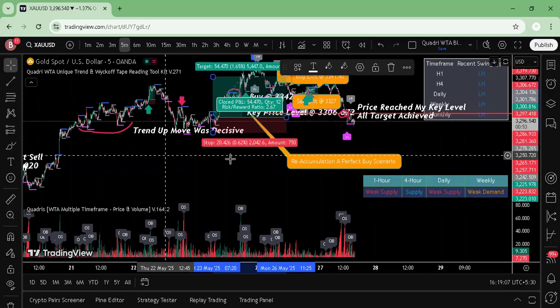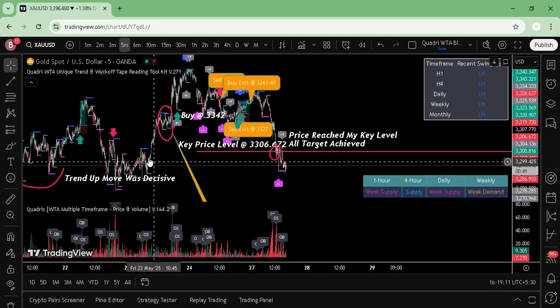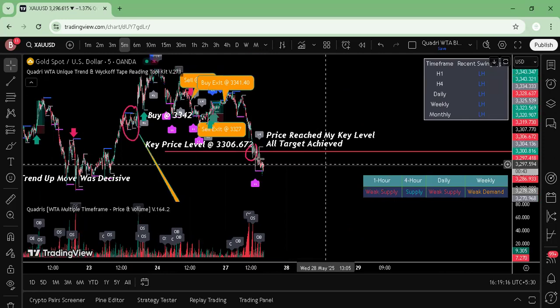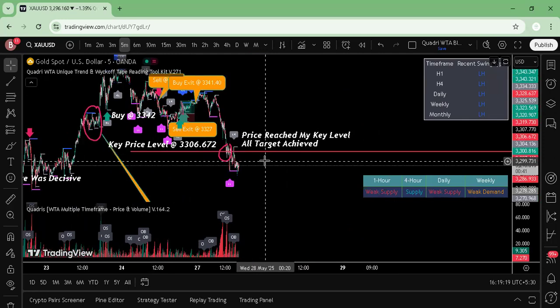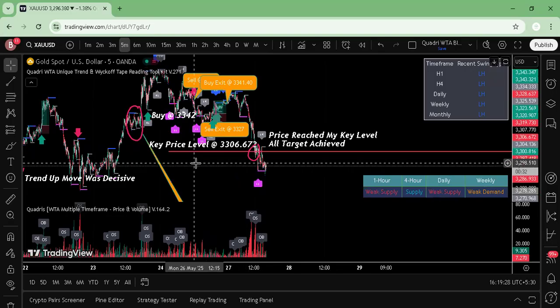My takeaway from this session is, the levels which I give, you can plan your trades accordingly in and around these levels. And once you get into a trade, you can manage your trade based on risk to reward, whatever your stop loss is. Everybody has a different style of trading.